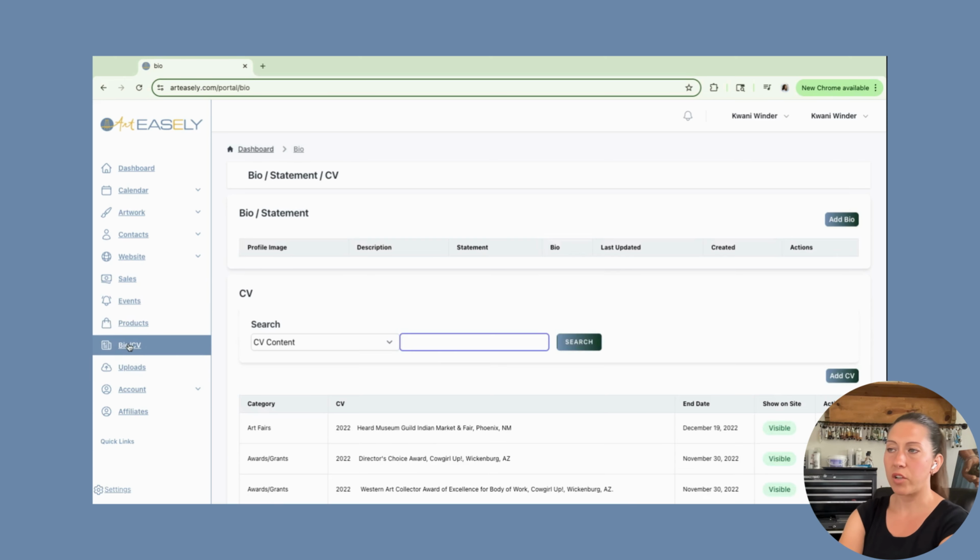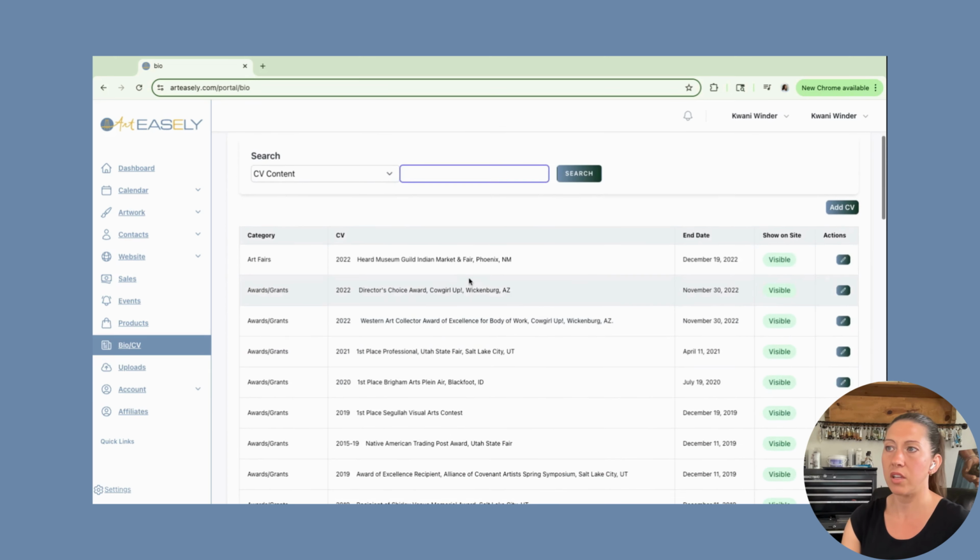Here's where you'll keep track of your bio and CV. This is nice for keeping track of different versions. If you need a long version, a short version, you can do that. And then also anything that you have been doing that you would go on an artist CV, you can add those here. And we've built in some AI tools to make that go quickly as well too, and help you